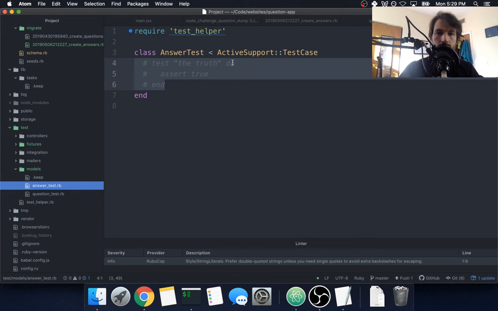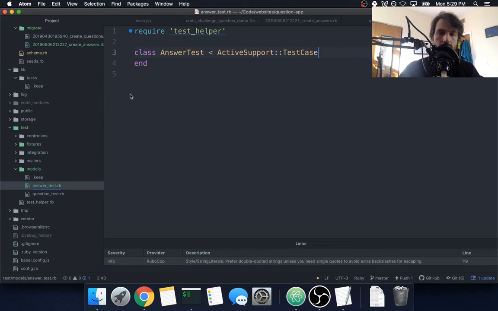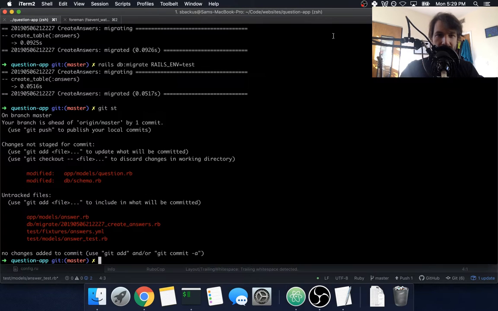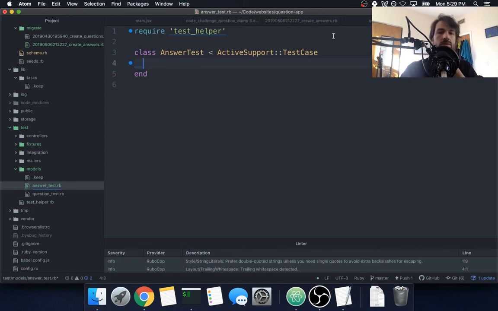So, you know, we could write some tests. Probably would be good to write some tests. Let's do it, even though we've already written the code that we want. Actually, ooh, yeah, I have an idea for a test that I want to write. So before I get to that,